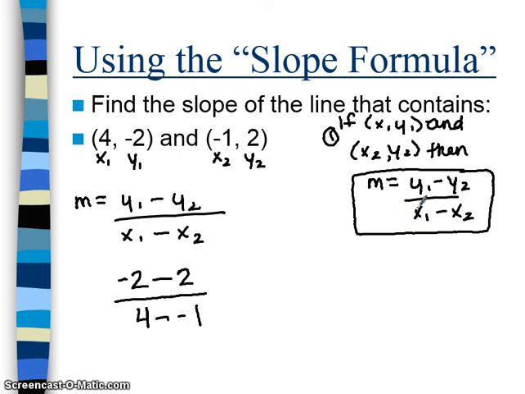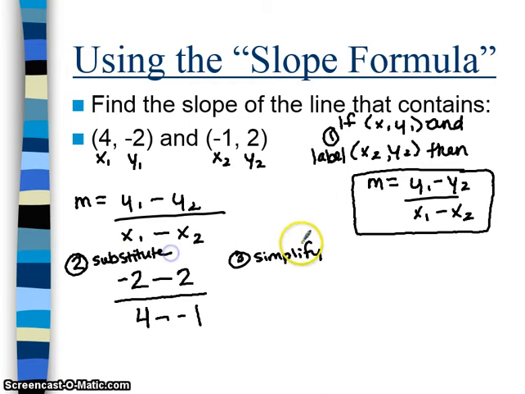Now, we just did step 2. We substituted x1 and y1 into the slope formula. Now we need to simplify. So I would call step 1 label, step 2 substitute, and step 3 simplify. Now, the first thing that you need to look for when you're simplifying these expressions is